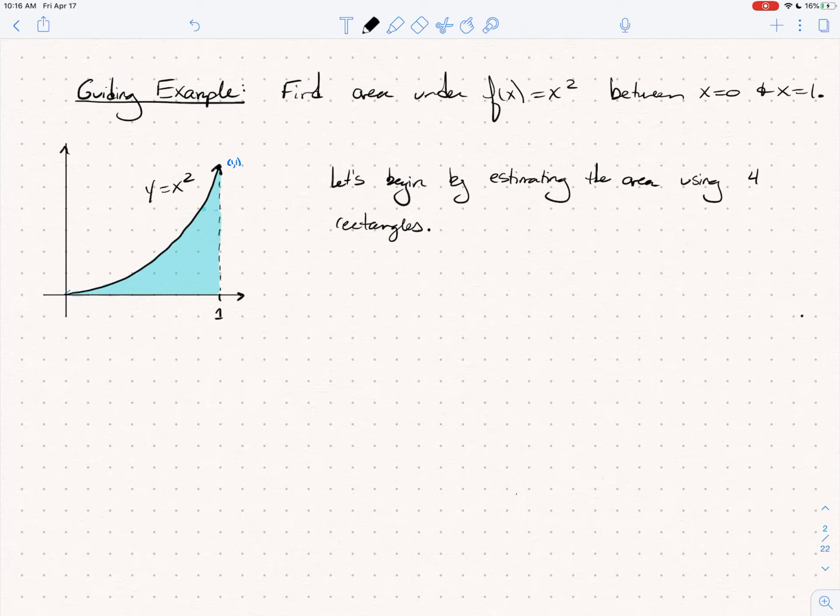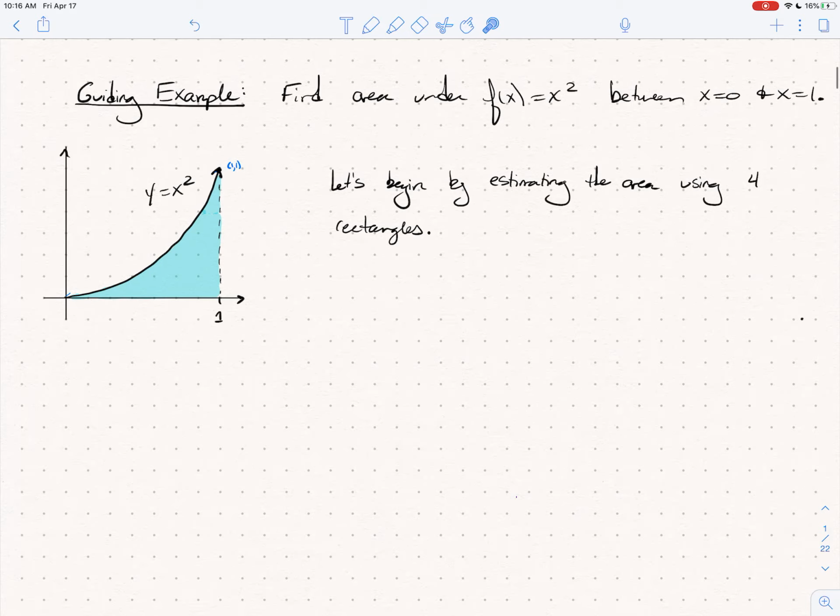So let's just start by estimating the area with 4 rectangles. We could have done 2 or 5 or as many as we want. I think 4 is a nice number. So let me just work through the steps with you. The first step is we're going to divide the interval that we're working over. Our interval is 0 to 1. So divide the interval 0 to 1 into 4 pieces,